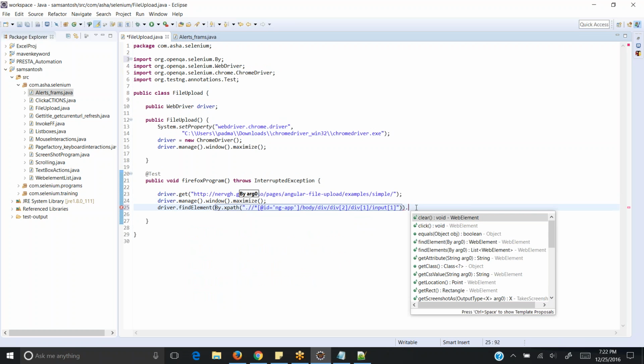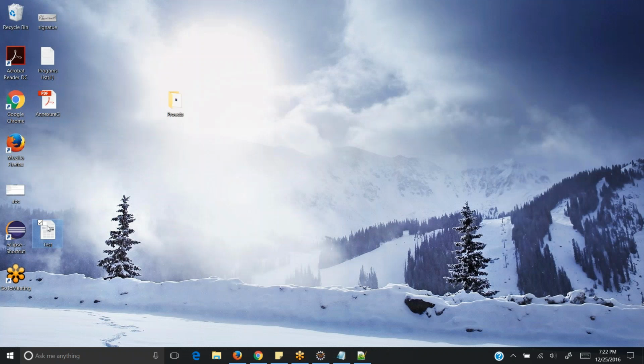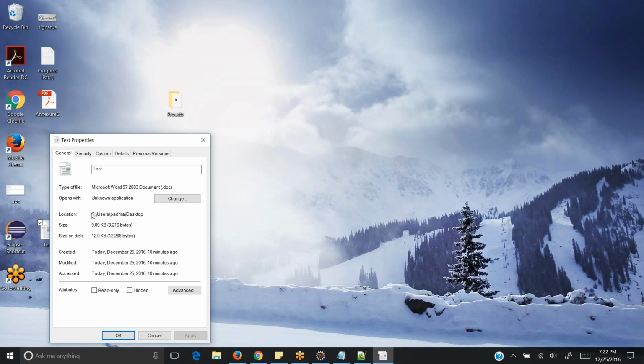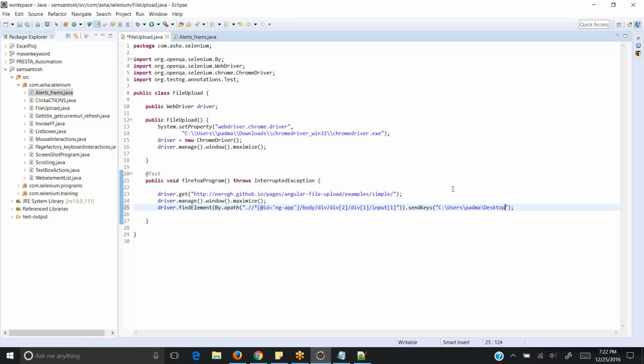So remember guys, sendKeys is the command that is used to upload a file. I am trying to upload this file, so I take the path of this file, and this file will be uploaded to the application with sendKeys itself. I'm giving the path over here.